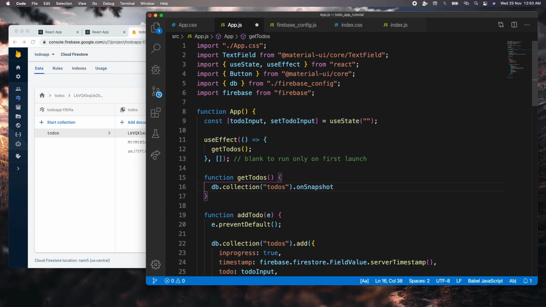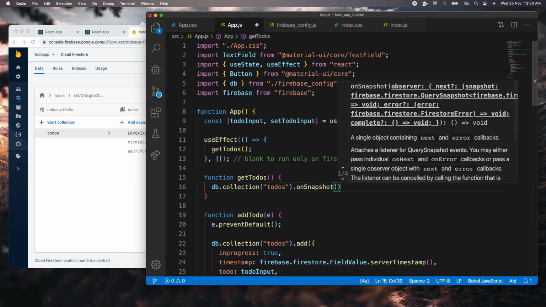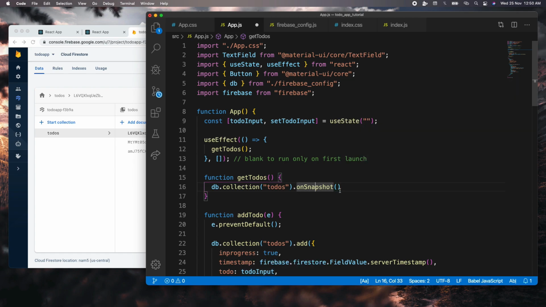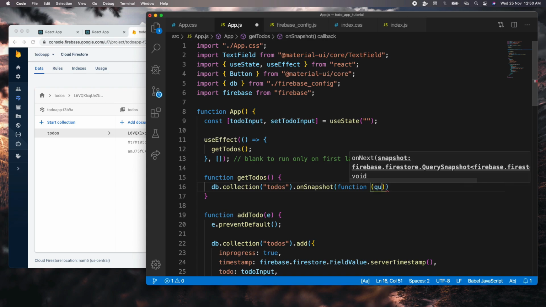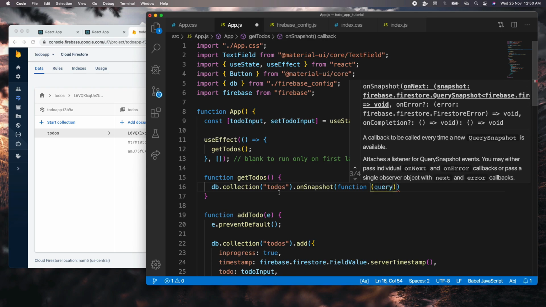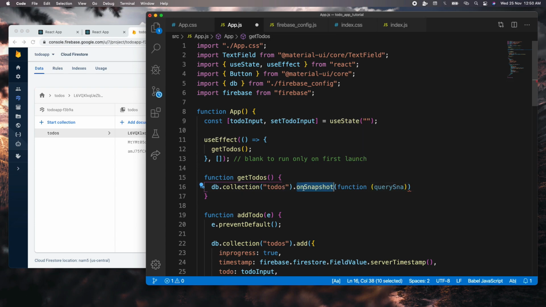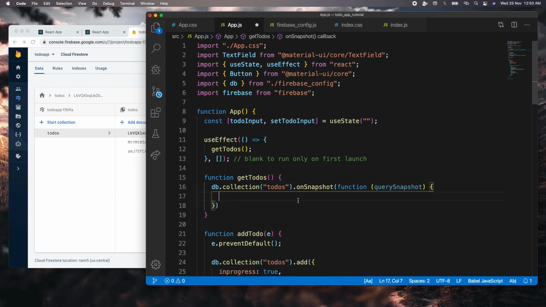So let me use on snapshot. And now how we define this is very simple. You just have to say function. And this function is going to have a query snapshot. That is something which we receive from that particular query which we have done, which is this on snapshot query. And I'm going to say on snapshot. I hope that I named it correctly. Yeah, it does not matter. So this is a query snapshot which we receive by this on snapshot query. And now I'm going to use it to set